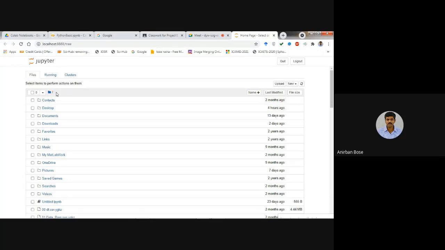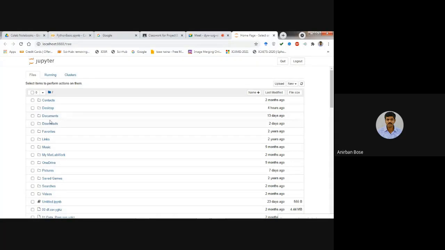To start a new Python file, here you see that New is there. You have to click on New, and if you click on Python 3, then a new Jupyter Notebook will open. Or you can also select other folders, like desktop, if you want to save it there.